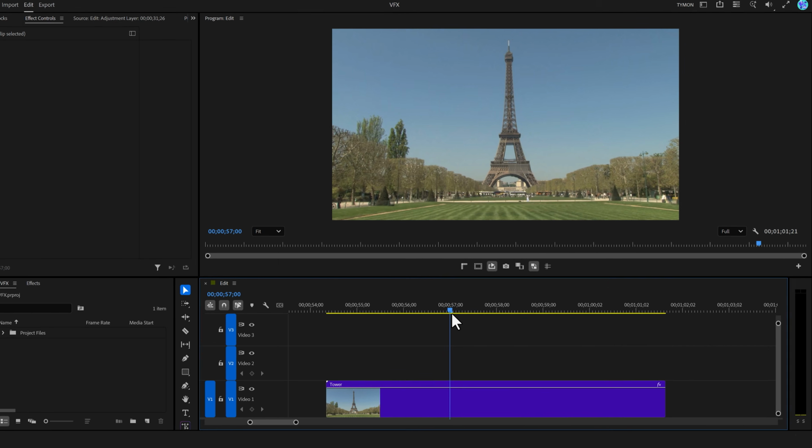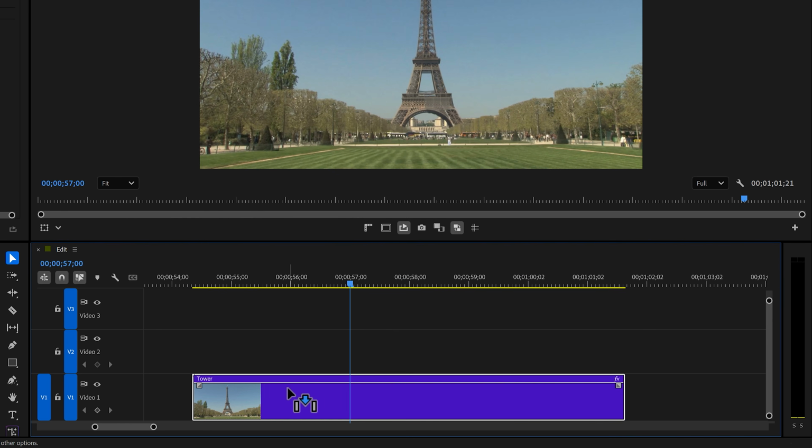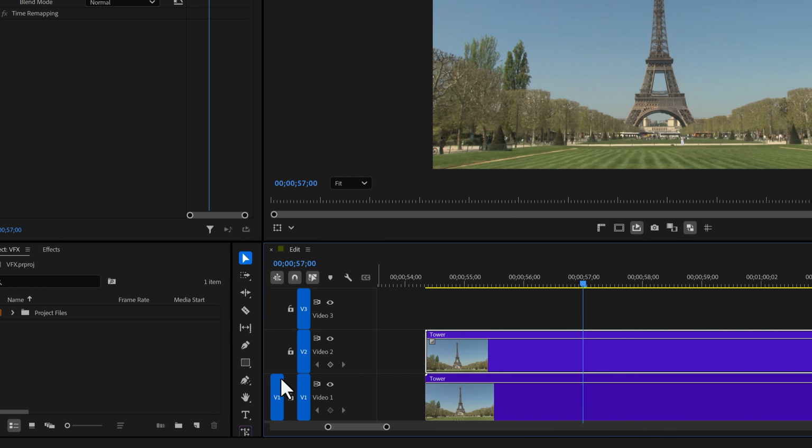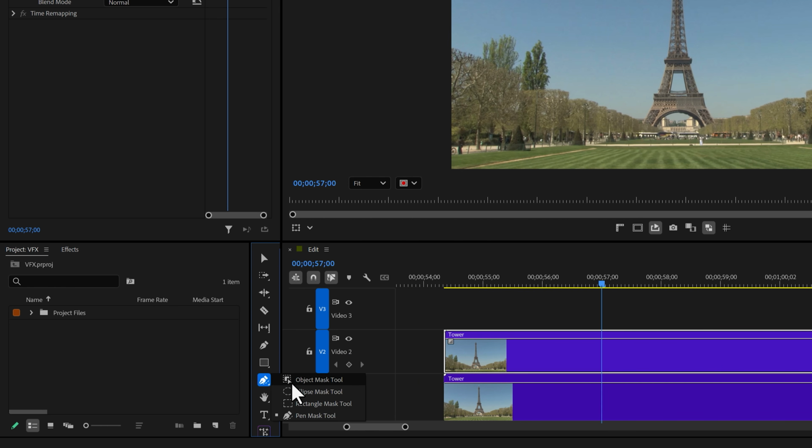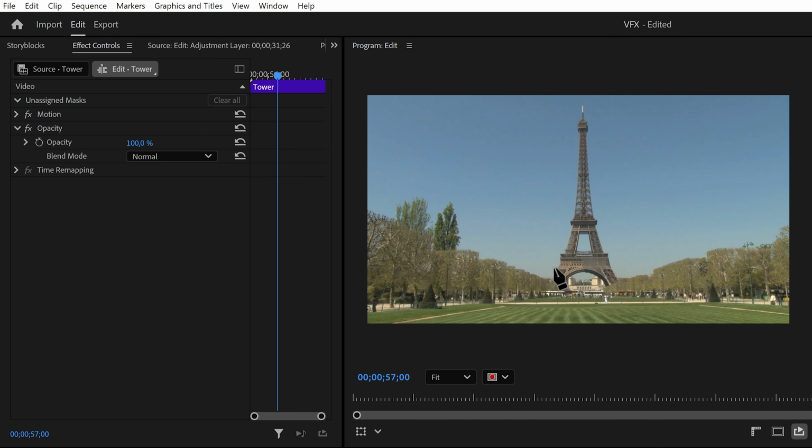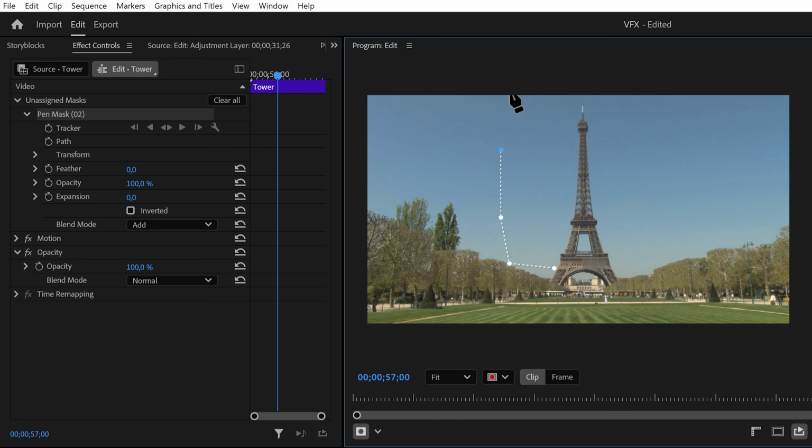In Premiere, duplicate your clip by holding down Alt on your keyboard and dragging your clip 1 track up. Then in the toolbar, find the Object Mask tool and click and hold it. Then in this menu, pick the Pen Mask tool. Head over to the Program Monitor and draw a shape somewhere in the sky big enough so the Eiffel Tower